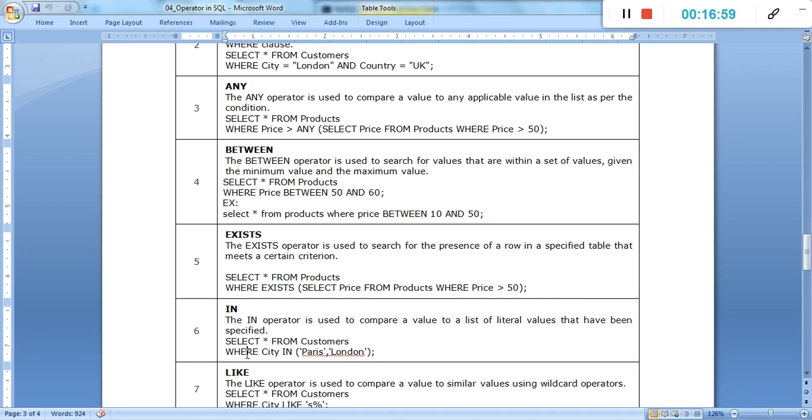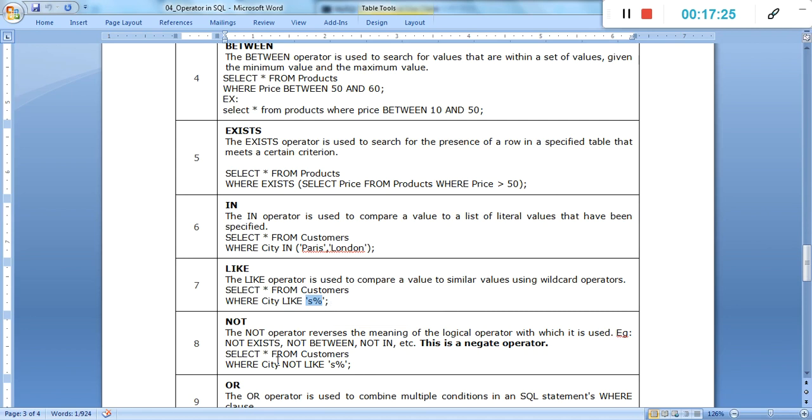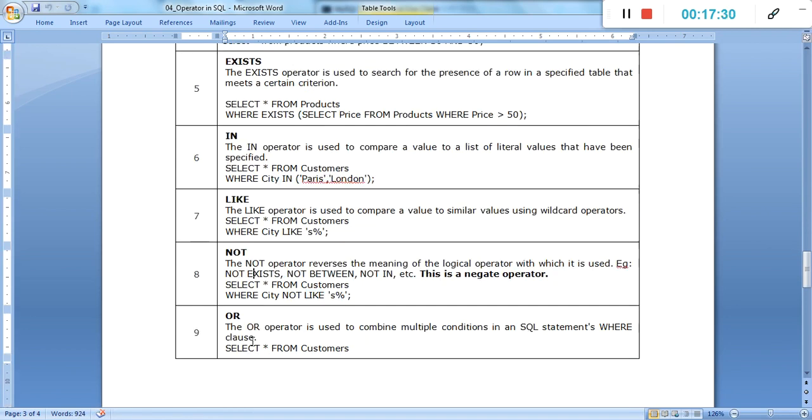Select star from customer where city in Paris and London. Then it gives output from the table for only those two locations. Then like, that is select star from customers where city like S, it gives the city names starting with S, and not like gives those not starting with S. That is simply the process.